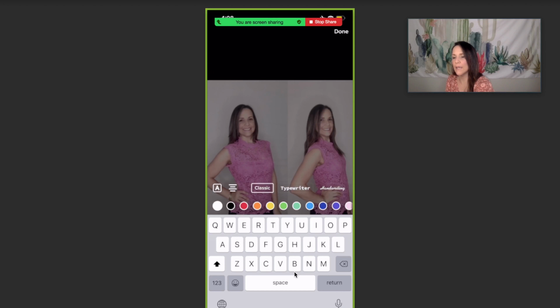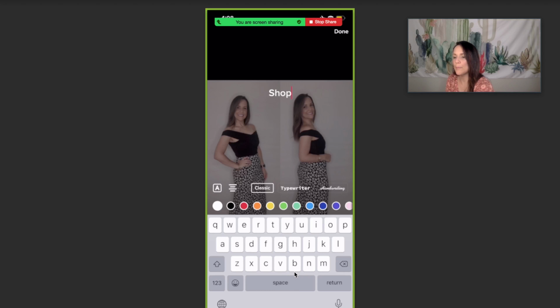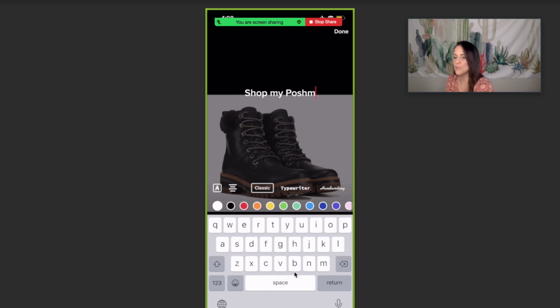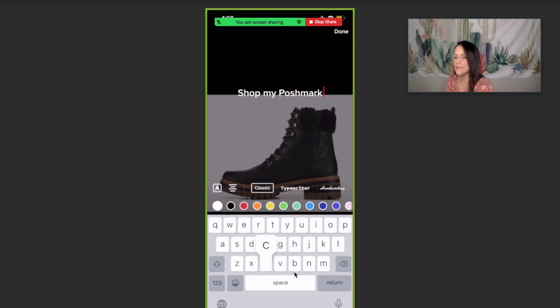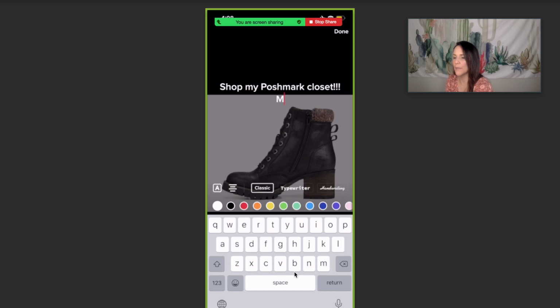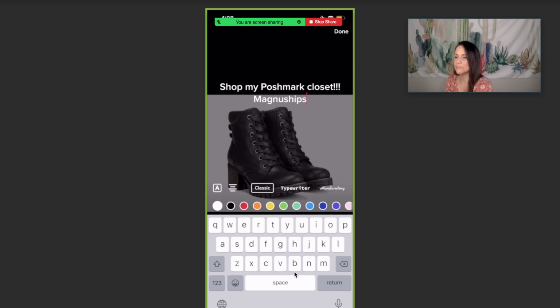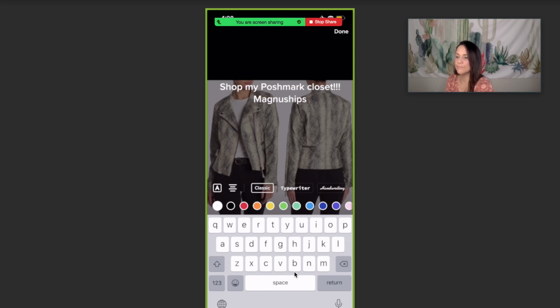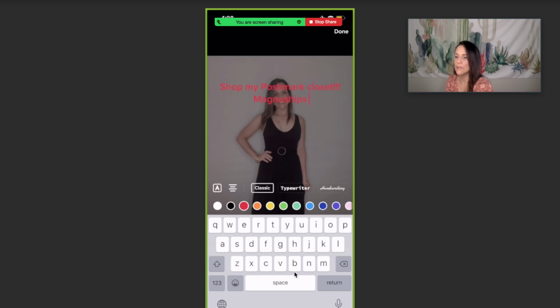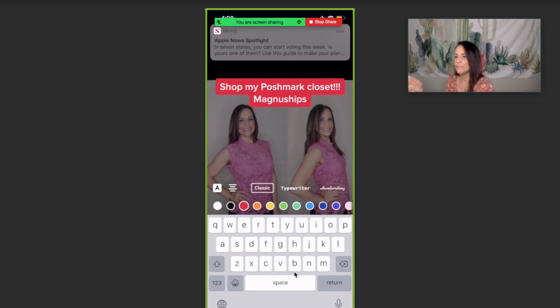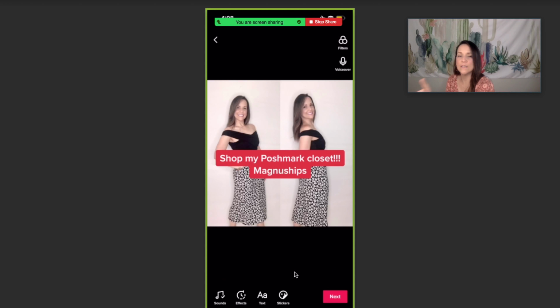So let's say I'm gonna search for shop Poshmark closet and my name, Magnus Hips, and then you can pick a color and change the way that it looks, just like Instagram. And once it's here,